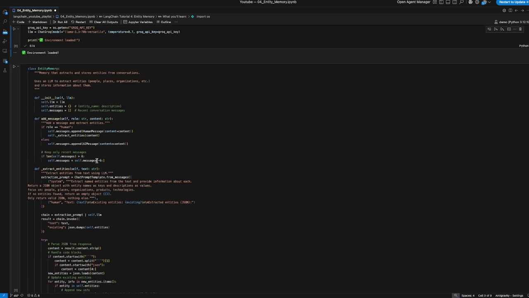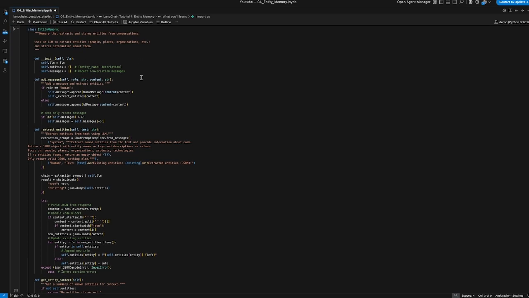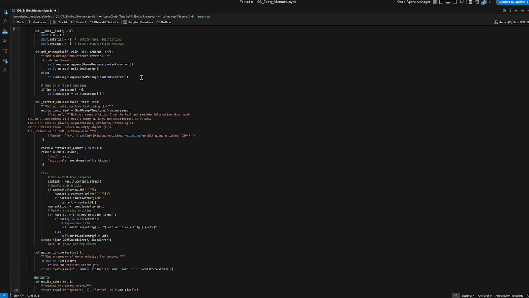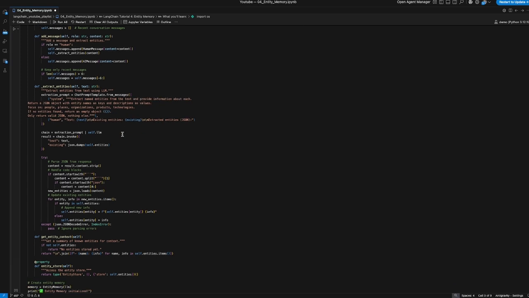The heart of this tutorial is our custom EntityMemory class. The key component is the _extract_entities method. Every time the user sends a message, this method is called. It uses an LLM call with a precise system prompt and the current conversation history to, first, extract any new named entities, and second, update the descriptions of any existing entities. It enforces a structured JSON output, ensuring we have clean, queryable data about key concepts, such as a person's name